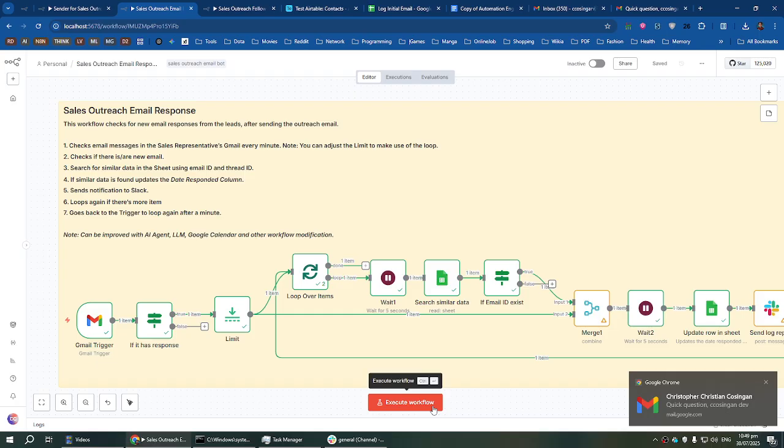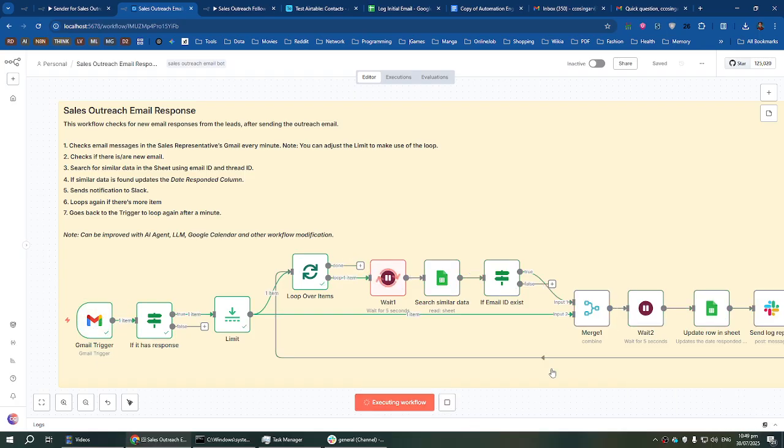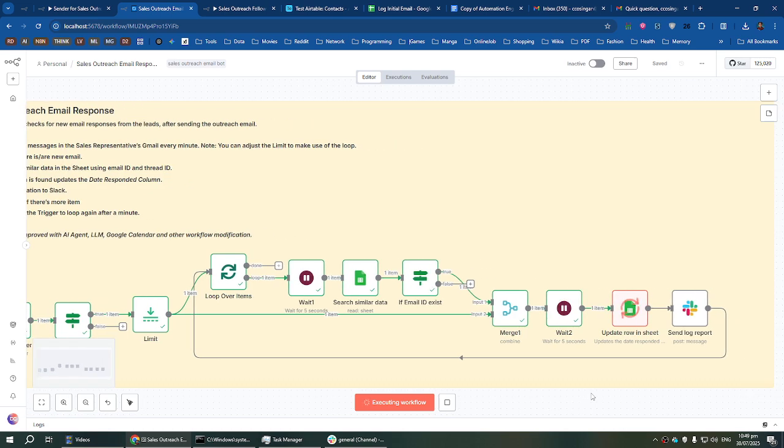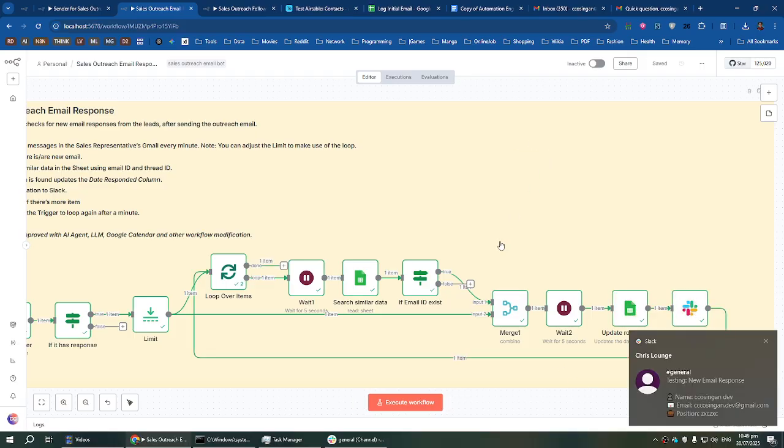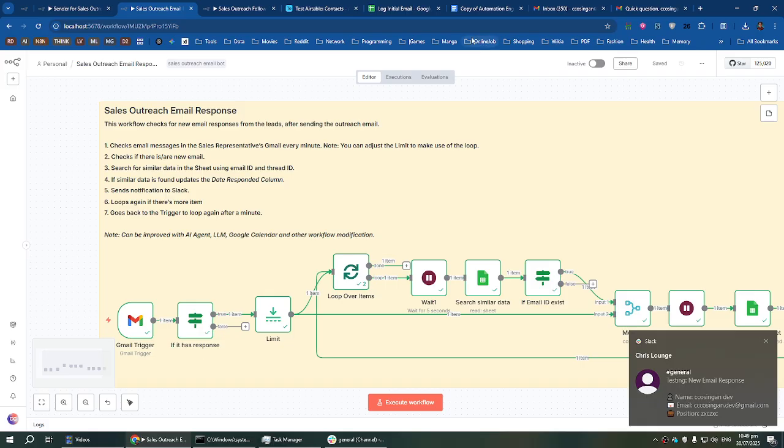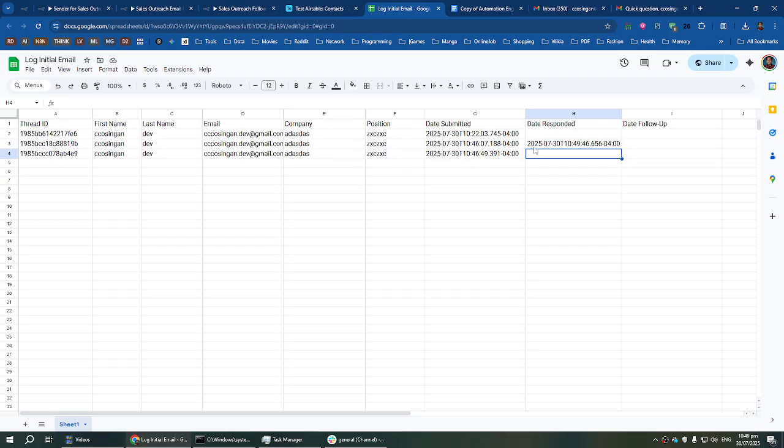Let's run the execution flow. Okay. Let's check the Google Sheet, and you can see it here that the date responded has been updated.